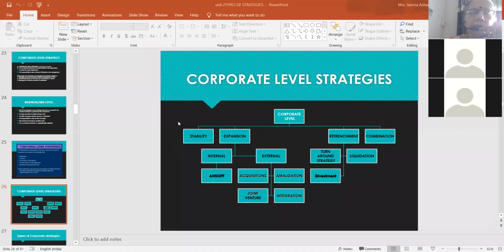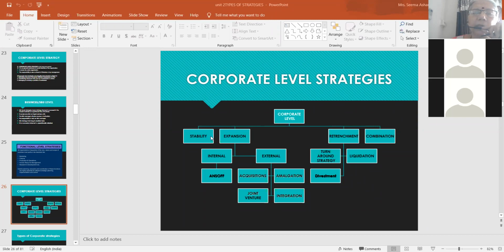So when the environment is stable, internal as well as external, at that point of time, the organization will use stability strategy. But it can also be used in some exceptional circumstances also. Now, what is this stability strategy? Stability strategy means using the same strategies which you have been using till now. So, you will sell the same product, you will sell in the same market, you will use the same technology. That is called stability strategy.